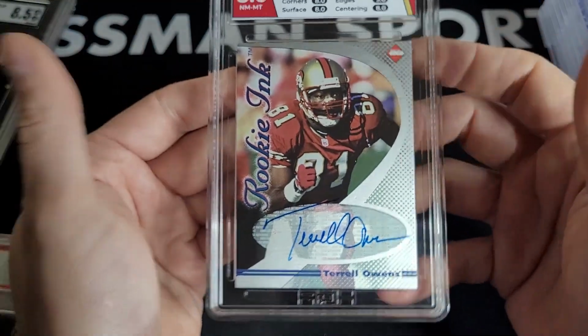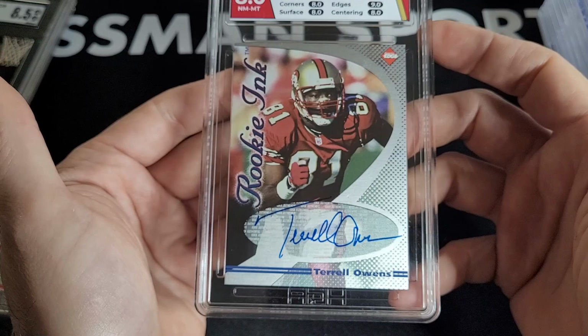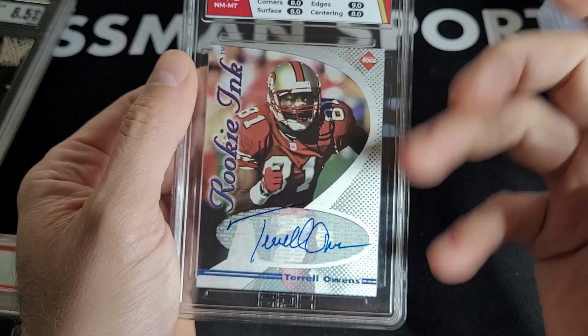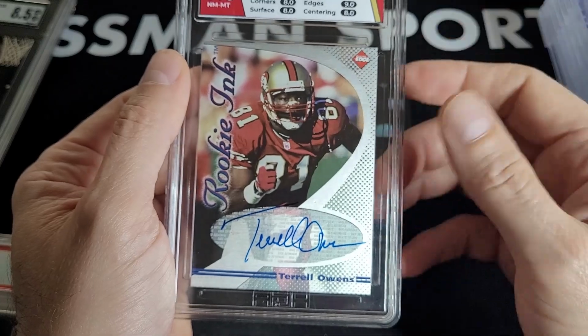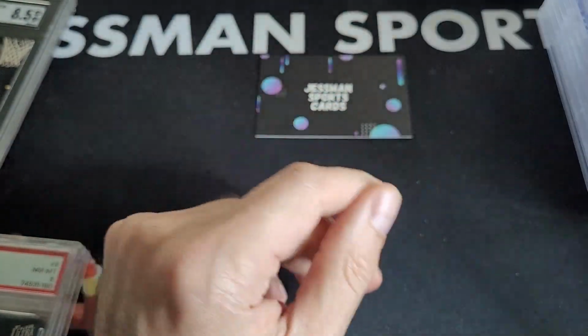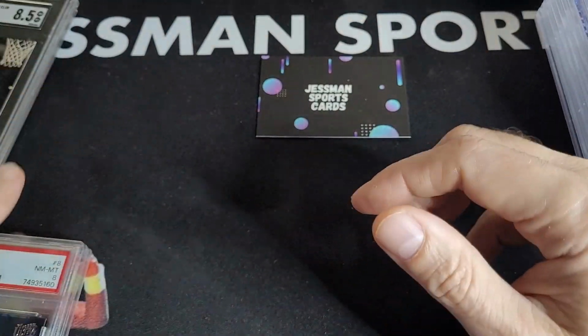A modern, let's say Stephon Diggs, his stuff goes for about $100. So the odds that Stephon Diggs is better than T.O. is not likely. I guess that's how we could put it. So when his stuff is...